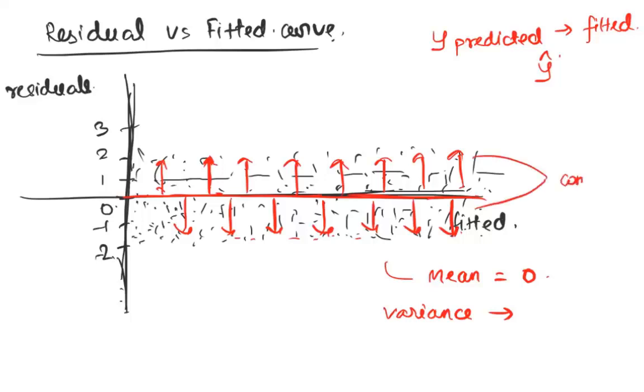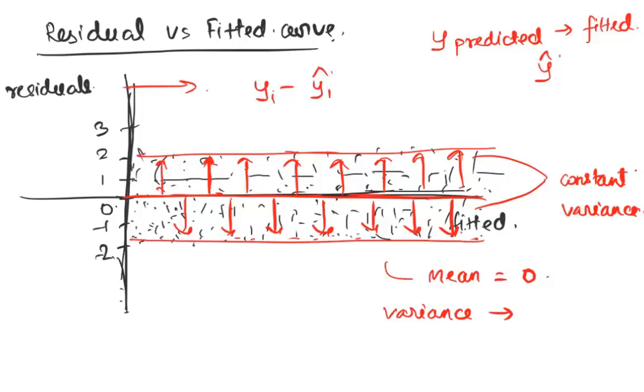Residual is y hat minus y, right? Residual is basically yi minus yi hat. So what is the actual minus what was predicted? The predicted was slightly higher or lower than the actual, but the net distance for most of the points seems to be in a constant range like this, right? So it seems like it's a constant variance distribution. So here it seems like both the conditions are met.